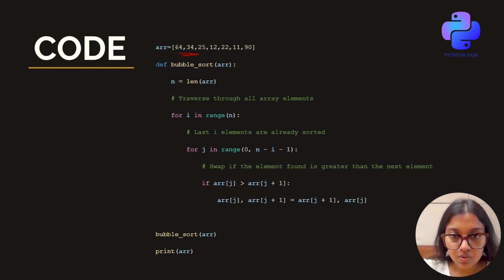So it goes. Alright, so the rest of the array continues as it is. And now we compare 64 with 25. Since we know 64 is a greater number than 25 and we need to arrange it in ascending order, we will be swapping 64 with 25 and the order goes 34, 25,